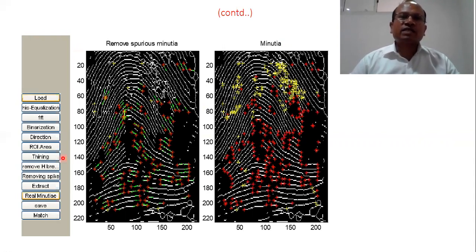And even if we extract the features, the appropriate features will not be extracted. That will cause difficulty in matching, and therefore image enhancement, especially frequency domain image enhancement, is very much needed in this application. In all applications of image processing, where matching, classification or segmentation is there, if the quality of the image is not good, then image enhancement is necessary.